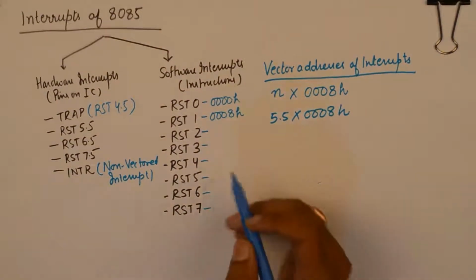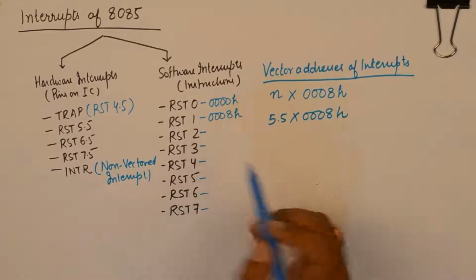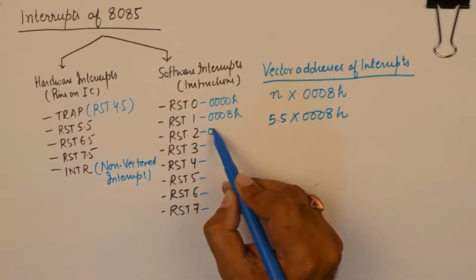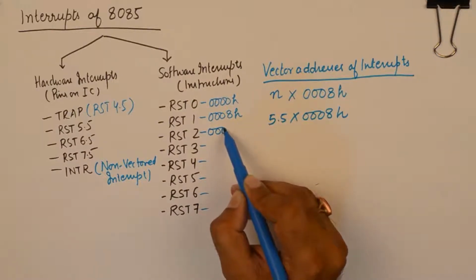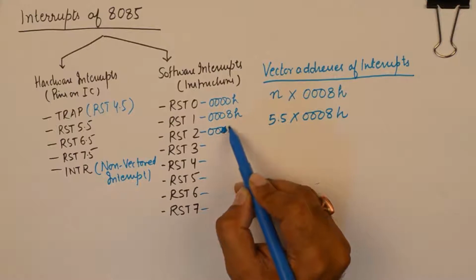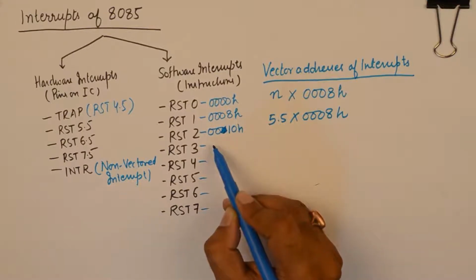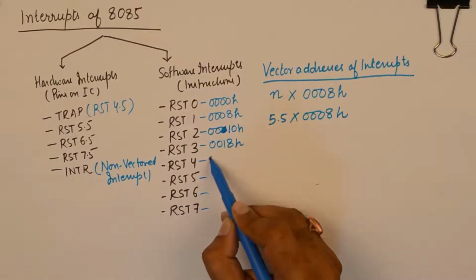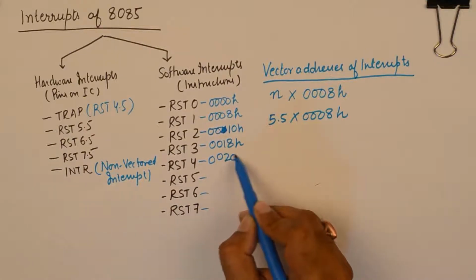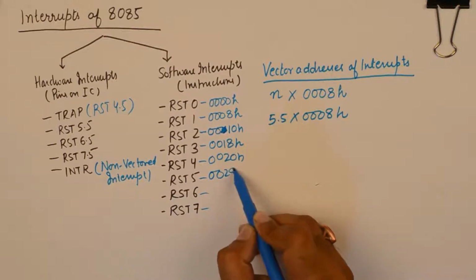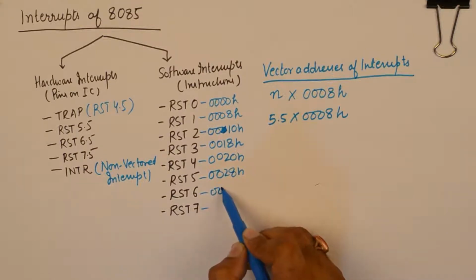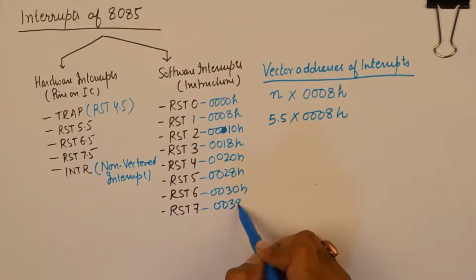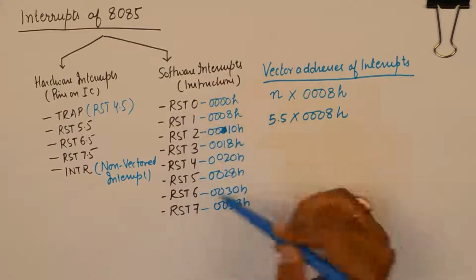Alright, so the vector address for RST 2 would be 8 locations away from this hexadecimal address. That will be 0010H, and then 3 would be 0018H, then this will be 0020H, 0028H, 0030H, and 0038H. Now calculating this is pretty simple,